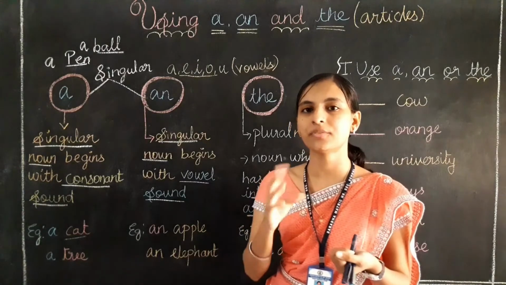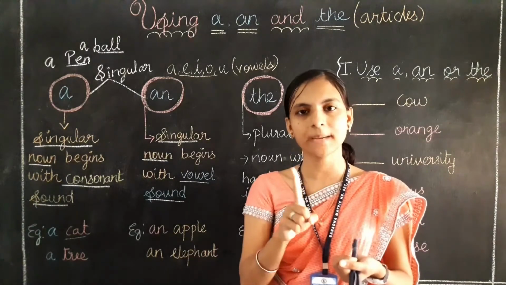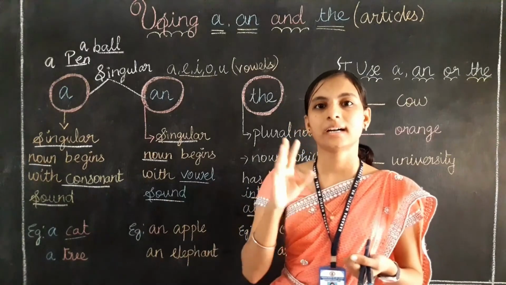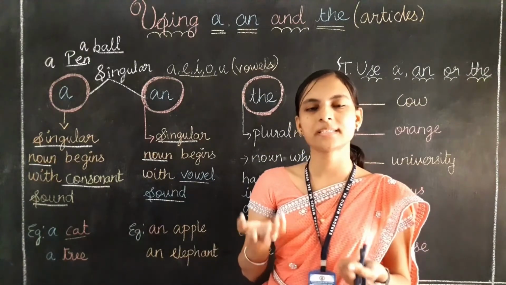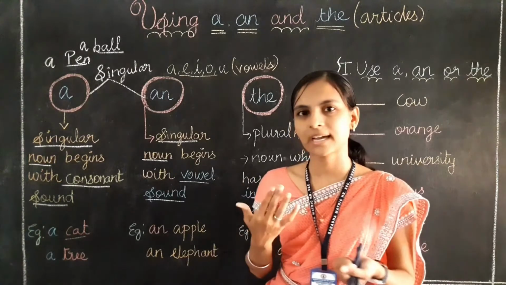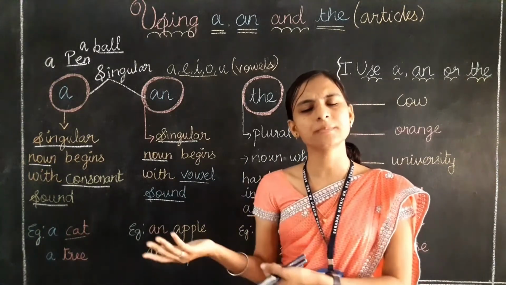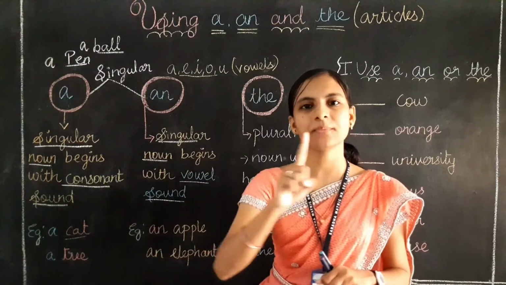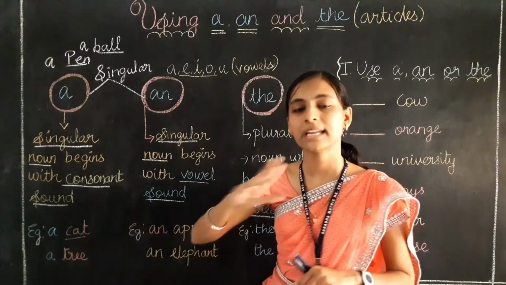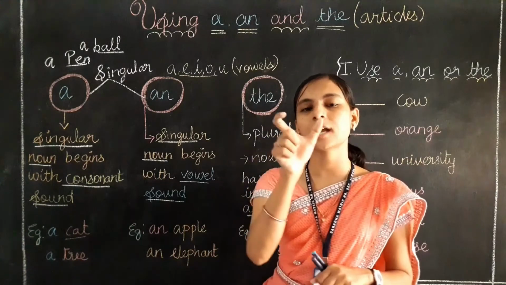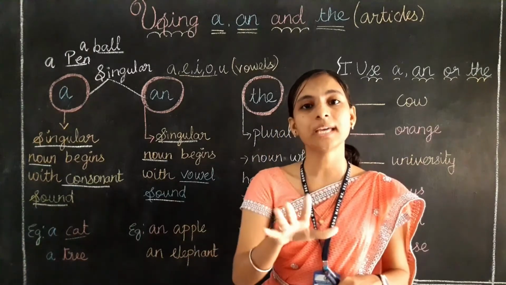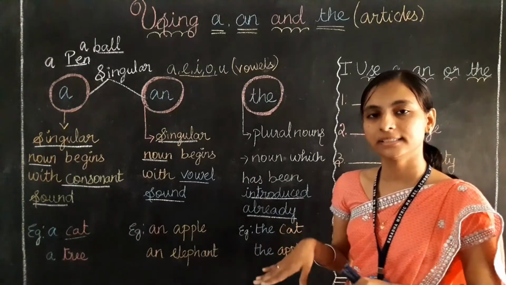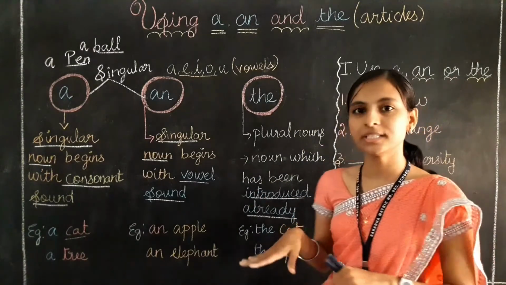You can see that in the first sentence only I am using article a. In the second sentence I am using article the only. I am repeating the example sentences again. I have a cat. The cat likes milk. So here only one time I can introduce article a. Next time, if the same noun, here the noun cat, is repeating again, there I can use article the only. Okay. Clear with this, children?